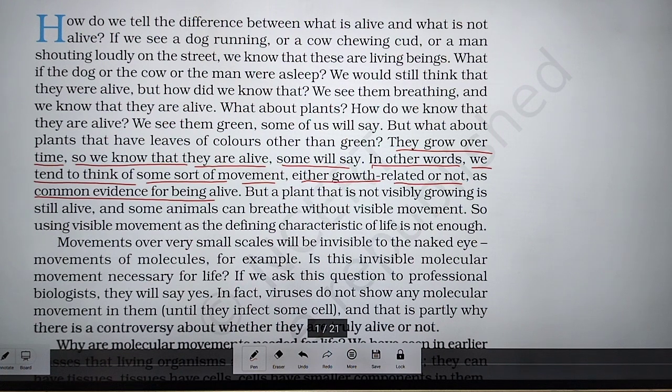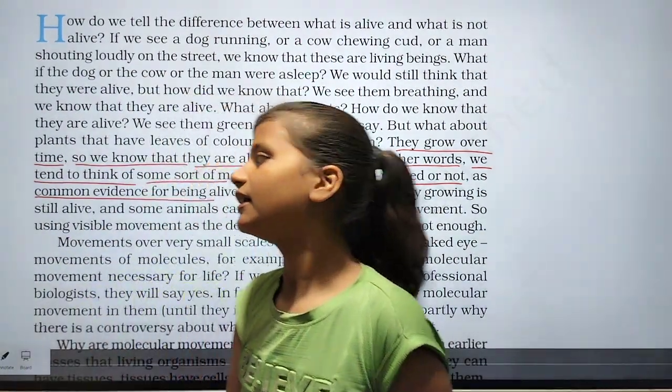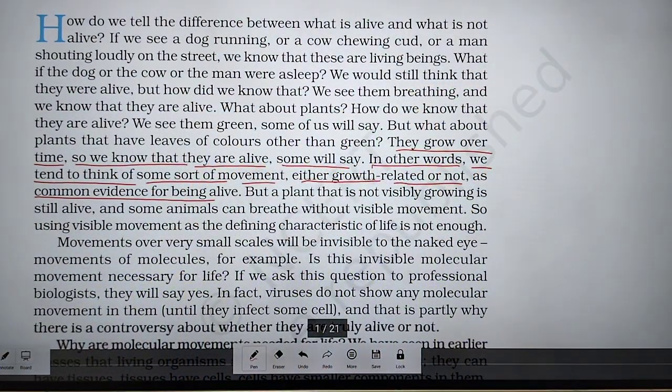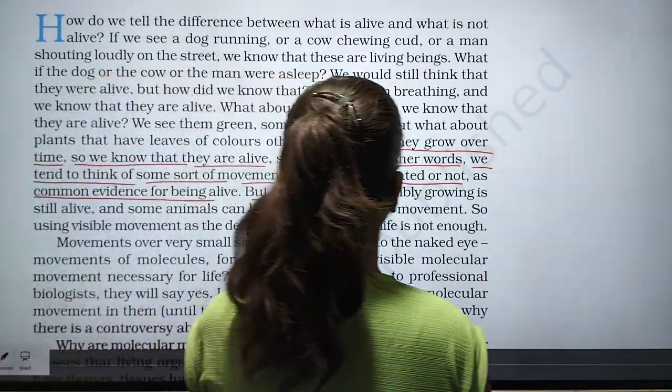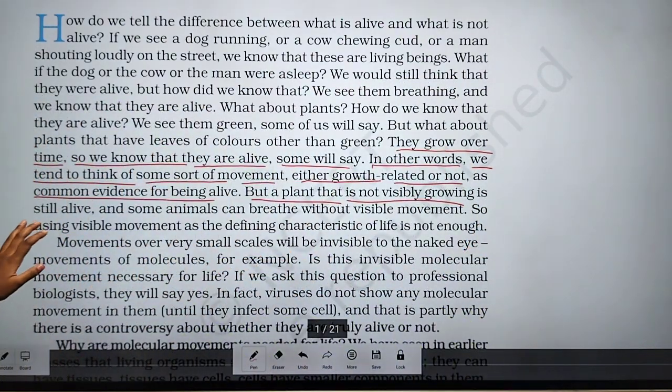We tend to think of some sort of movement, either growth related or not, as the common evidence for living beings. Okay, but a plant that shows no visible growth is still alive, and some animals